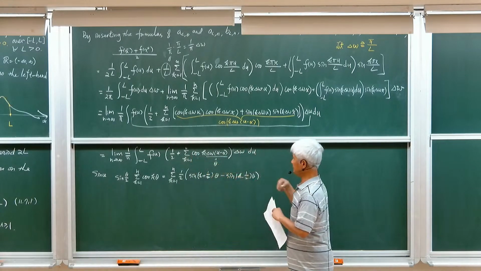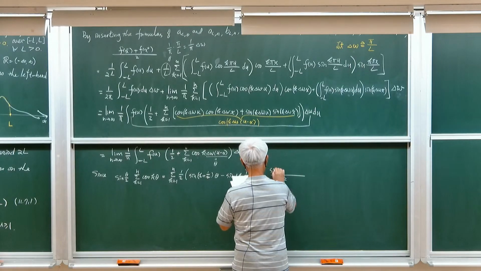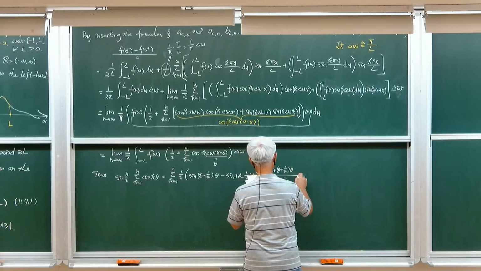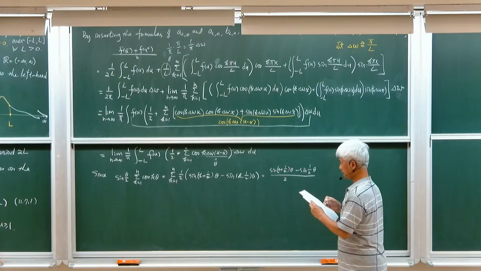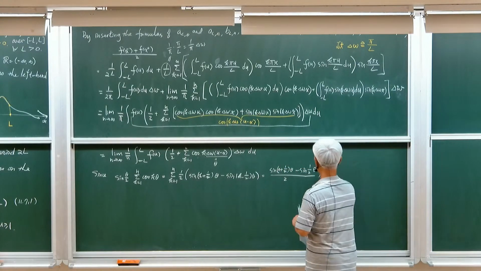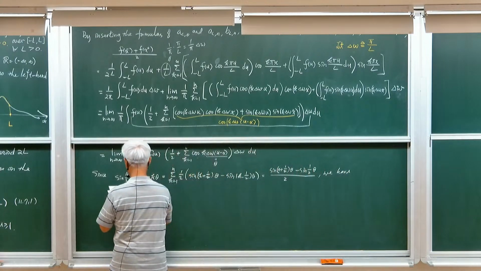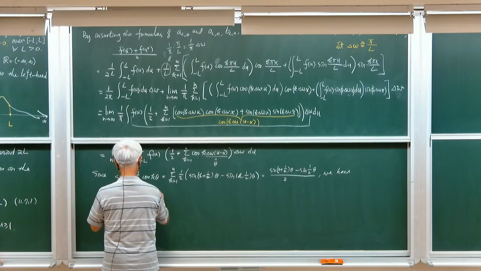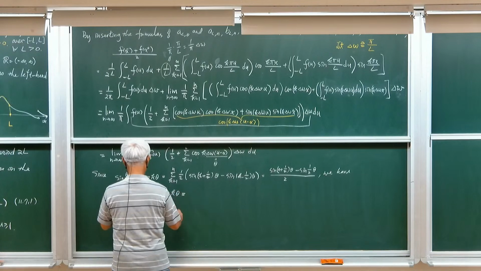So you can cancel, and this comes to 2 sine n plus 1/2 theta minus sine 1/2 theta here. Okay, so now 1/2 plus the summation k from 1 to n of cosine k theta becomes